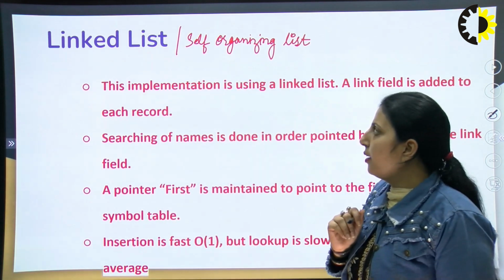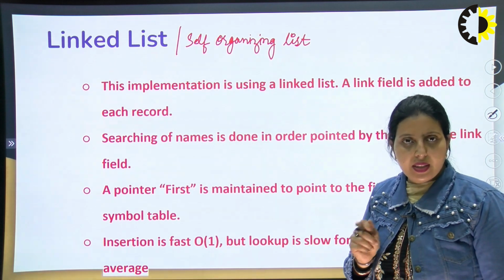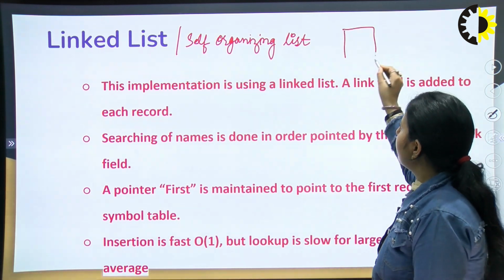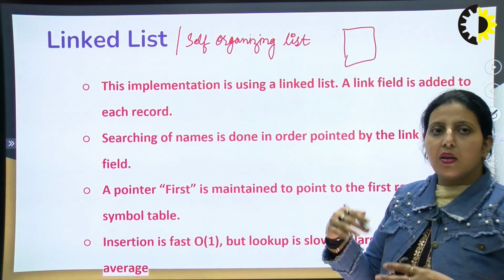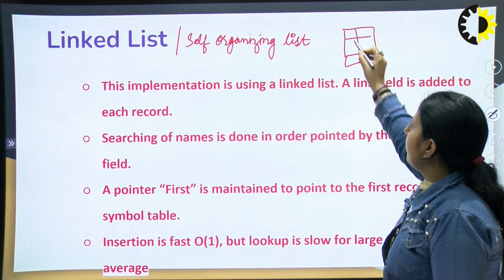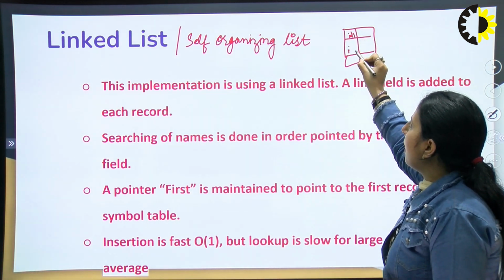Why do we call it a self-organizing list? Because it organizes itself. If these are the entries ID1, ID2,